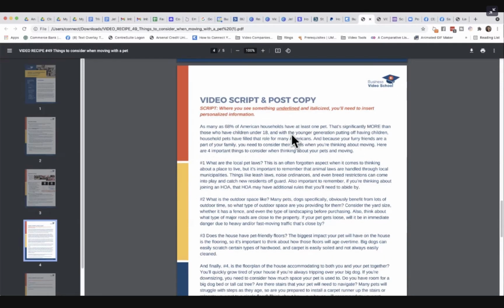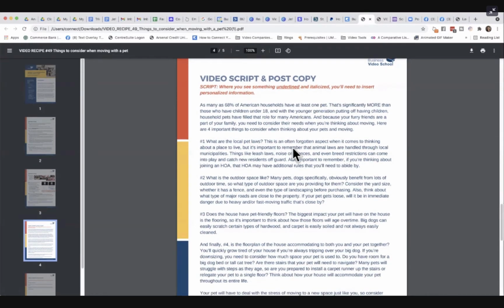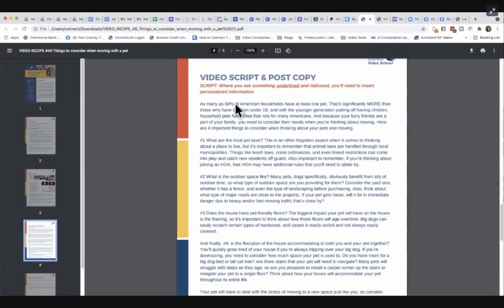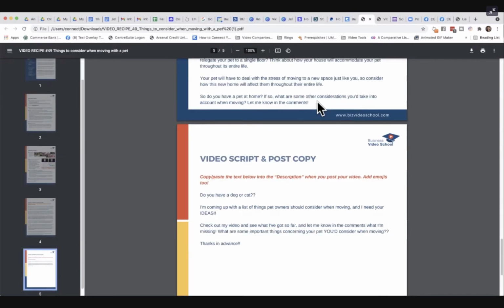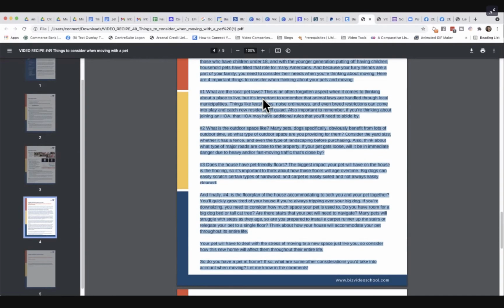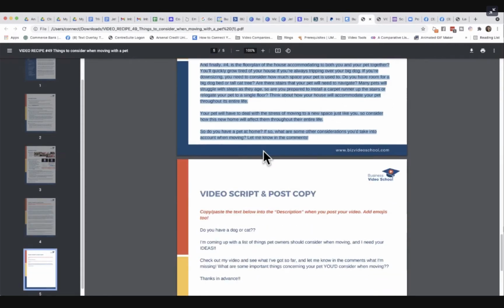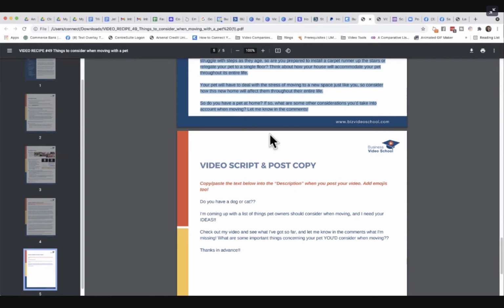So we come a little bit further down. There's two more things in this document I want you to see. The first is the script. So this is the script right here. All I have to do is just simply highlight it, drag it down, and then I can copy it anywhere I want, right? So I'm going to go ahead and do that real quick before we move on. I'm just going to go ahead and highlight and copy the script. And then the last thing I want to show you, because we will come back to this later, is at the bottom here,